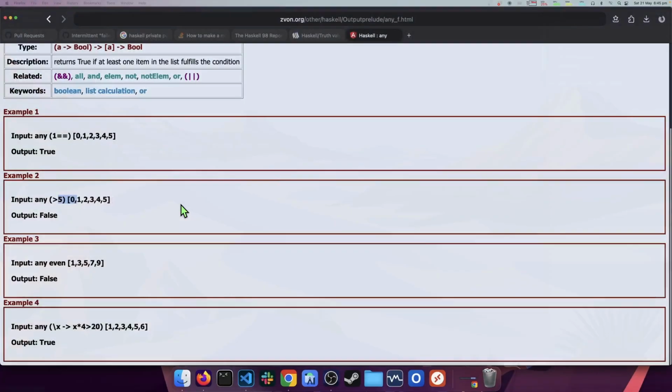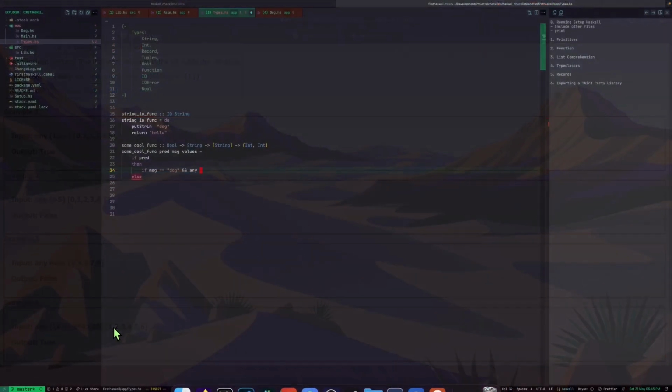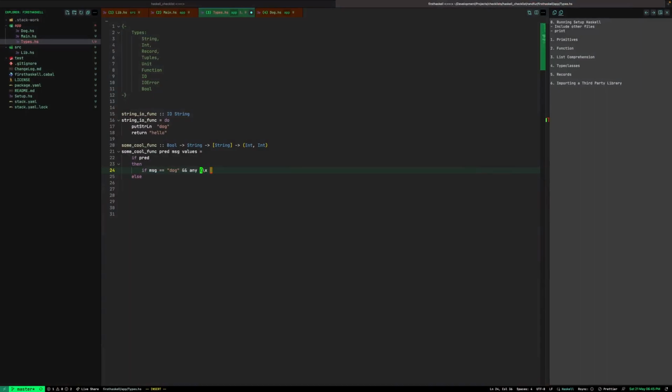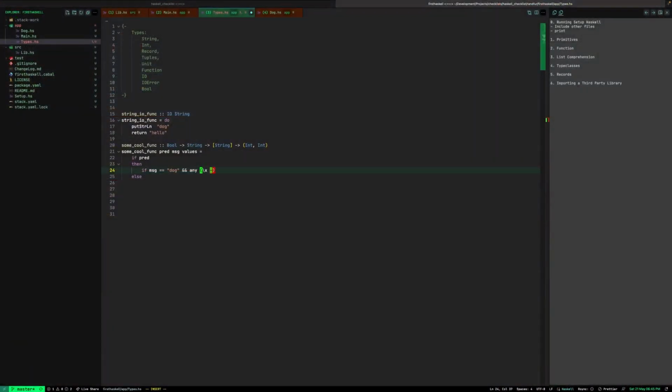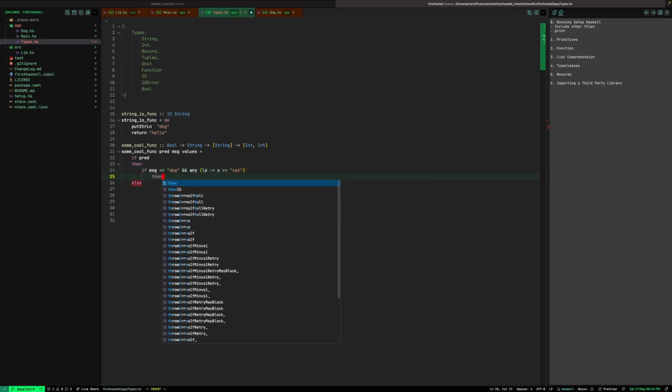Oh, yeah, Lambda is, oh, there we go, example. Yeah, cool. Yeah, slash parameters. So if any is equal to cat, we'll say, yeah, so if any, so if that's the case,